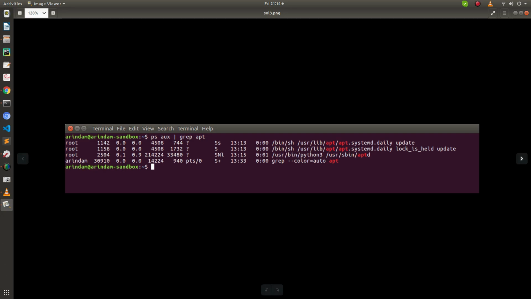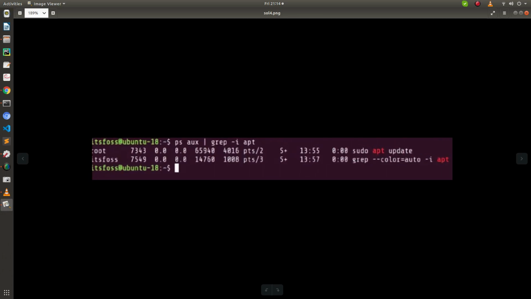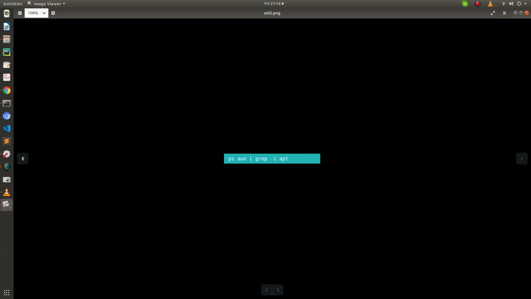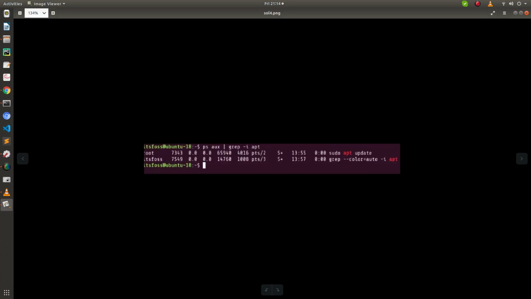In case, sometimes you'll see that these lines, the apt.systemd.daily update, are not present here, but you will be having this sort of output after running this particular script, the commands. You'll be looking at this sort of screen.